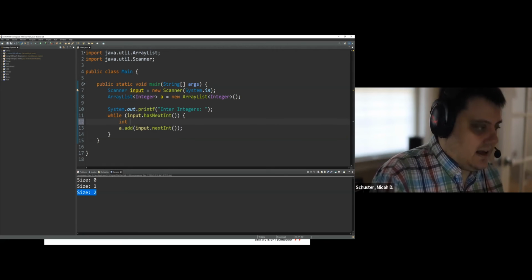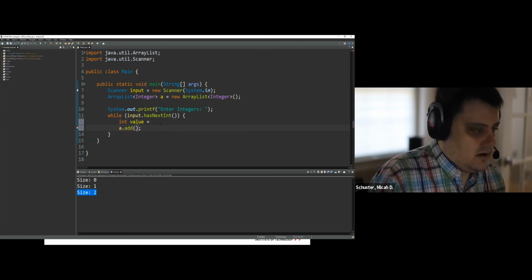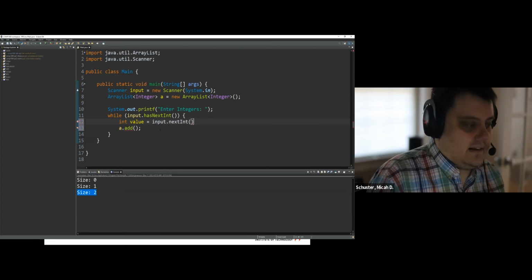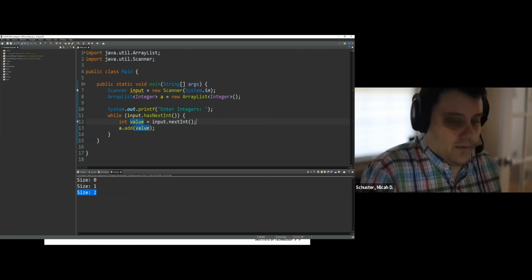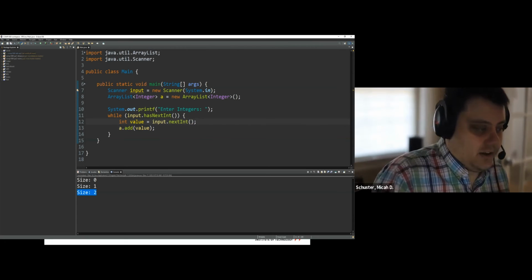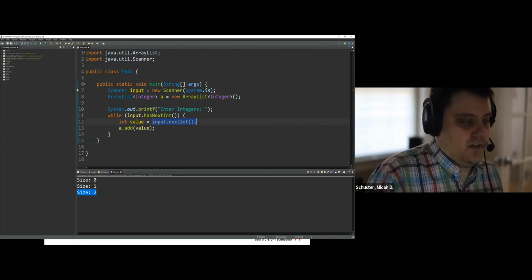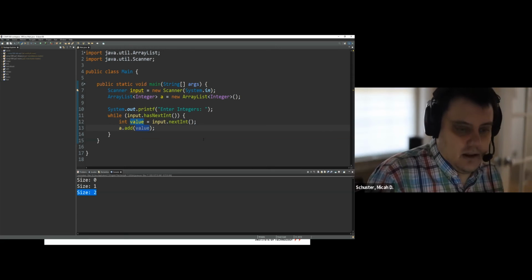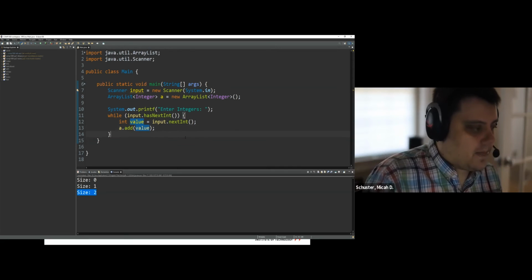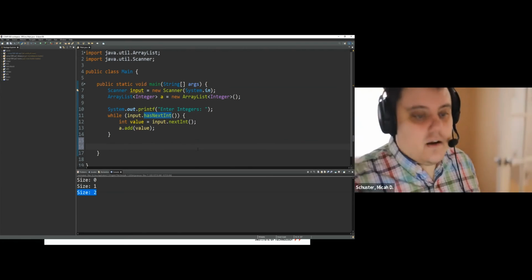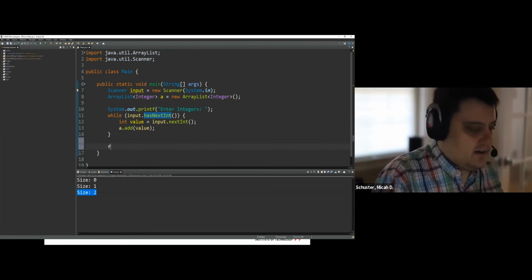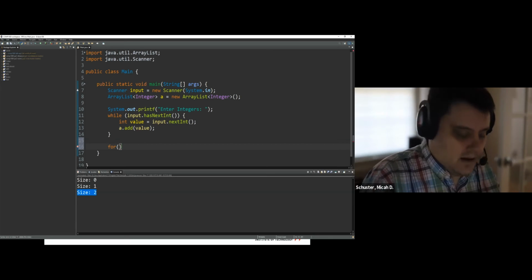So I could say something like int value = input.nextInt, and then I could add value. That's a perfectly fine thing to do as well, but you don't necessarily need the value here. You could just put the input.nextInt directly into the add. When there is not another int left to read in, then we can print it out backwards squared. So that's why I want to use a for loop. So I'm going to say for